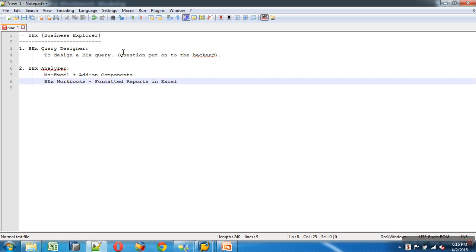You understand, query is a question, and the result of your query is result set. You take the result set of the query, embed that into Excel, format it as per the user requirements and save that as a workbook. So end user can straight away open workbooks instead of opening queries, which in turn contain queries in them.